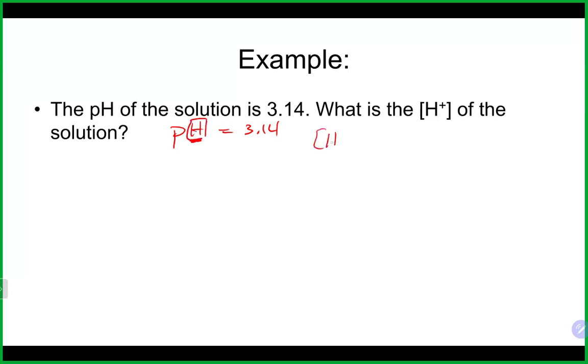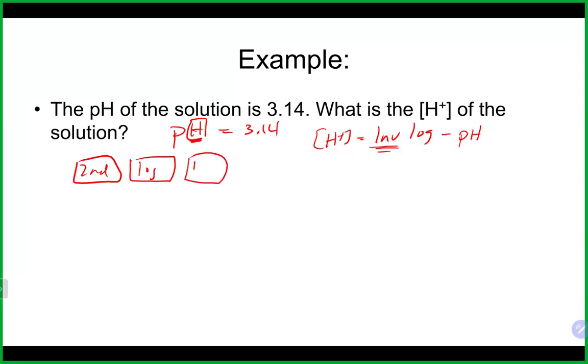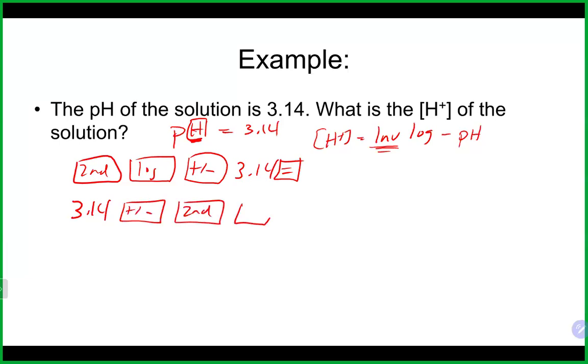And once again, that is the inverse log. So anytime you need concentration, inverse log. No concentration, just log. It's a good way to maybe remember it. Negative pH in this case. And once again, you would hit your second, you would hit your log, you would hit your negative and 3.14 and hit equals. Again, if you have a non-display, 3.14, then hit the negative, then hit the second, and then hit the log. And one of those two ways should hopefully get you to